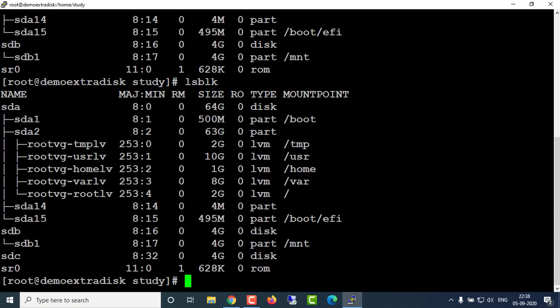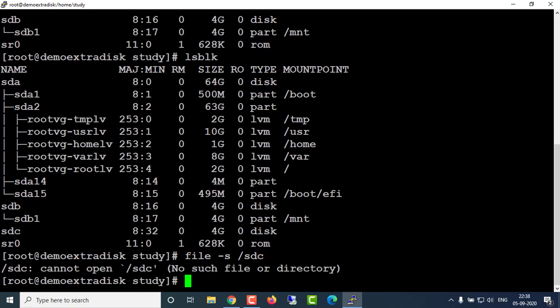So how can you check it? We have to run the command here, file -s space, and the name of your disk, sdc. Sorry, sdc cannot open, no such file or directory.